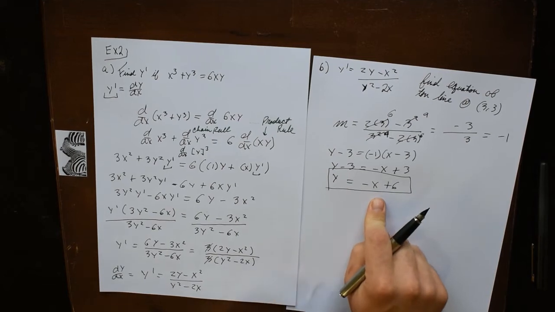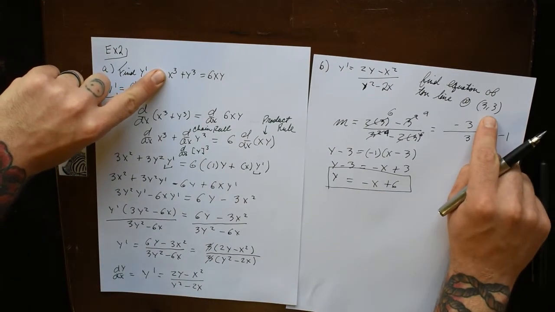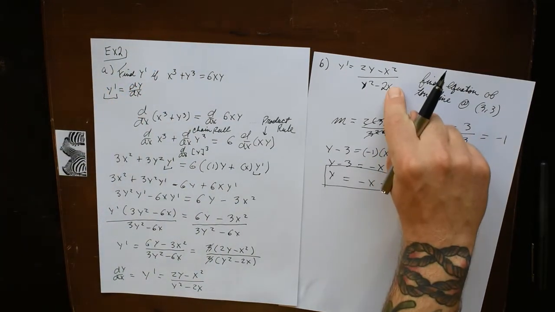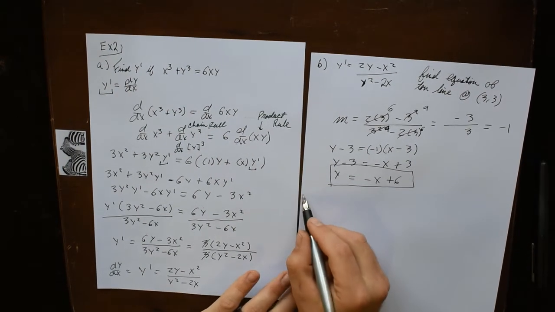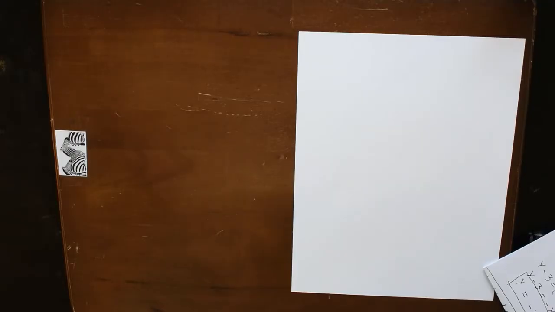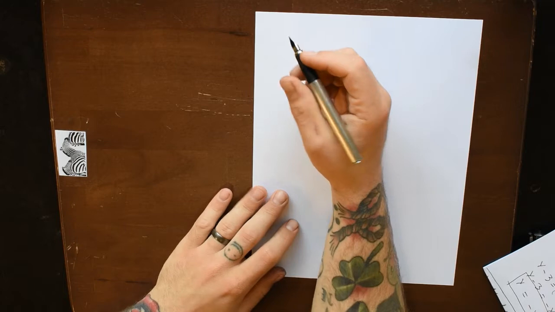This line is tangent to this curve at that point, and the slope of this line was given by that derivative. Got things going all over the place. Cool, let's do B. Now let's do part C. So what part C says,